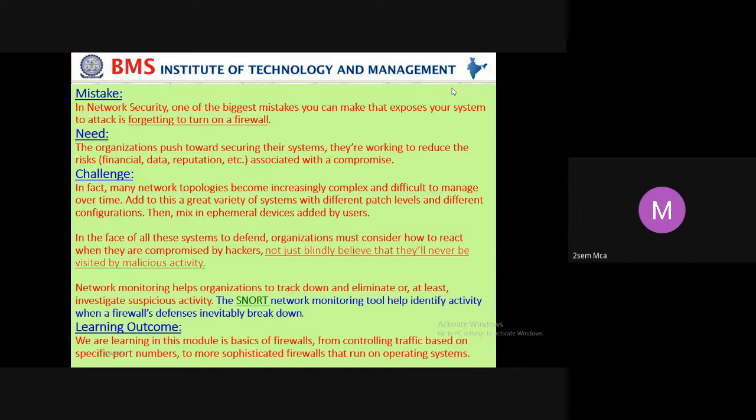Your device is vulnerable since it does not have the updated patches. That's why hackers are scanning the network to find the vulnerabilities, the entry point or the weak point to enter into secure networks. This is one major challenge in providing complete security to complex network topologies. So, in the face of all these systems to defend, organizations must consider how to react when they are compromised